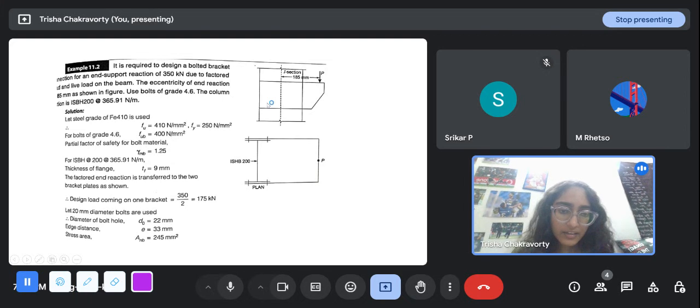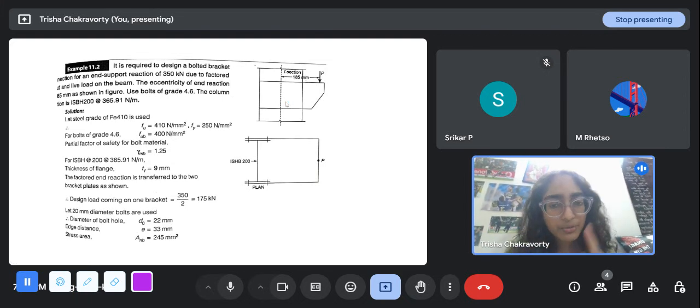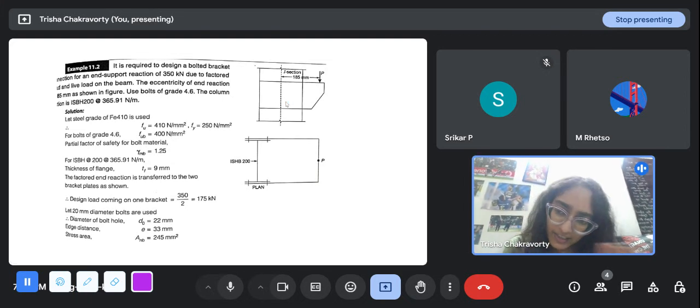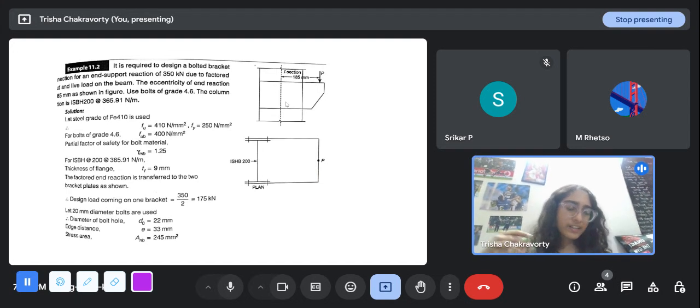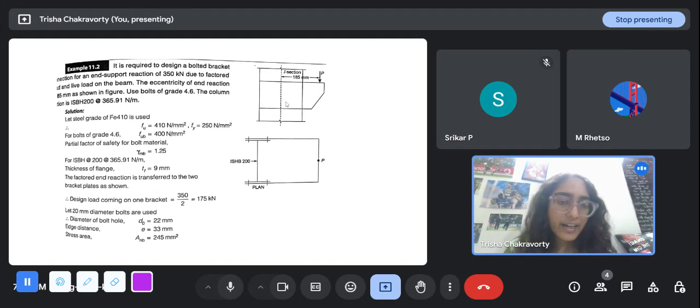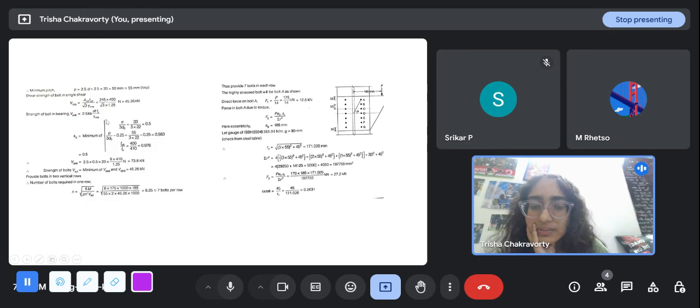You don't know the connection, you can decide on your own. While analysis problems always have a unique result, design problems can have any result. It depends on the designer. You can put three bolts at a certain pitch, your friend can put four bolts at a larger pitch. It's fine so long as your factored capacity is greater than the factored load. Okay, so let's